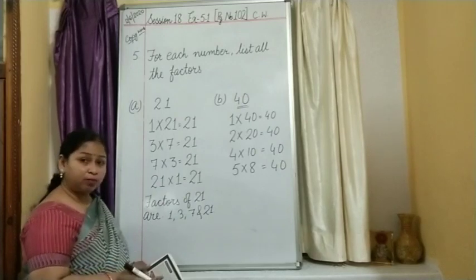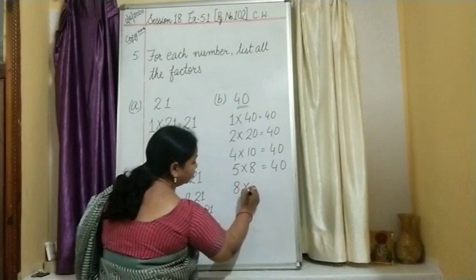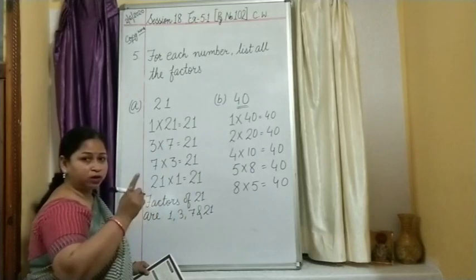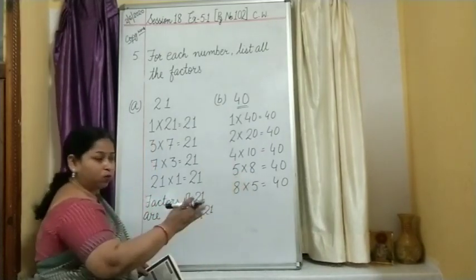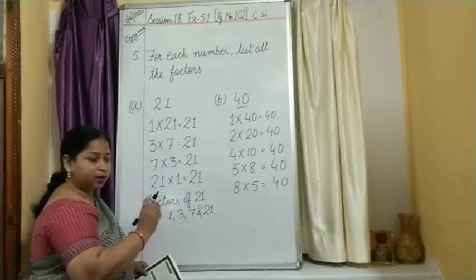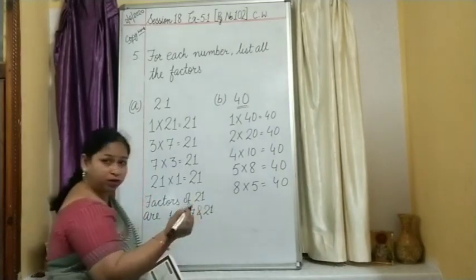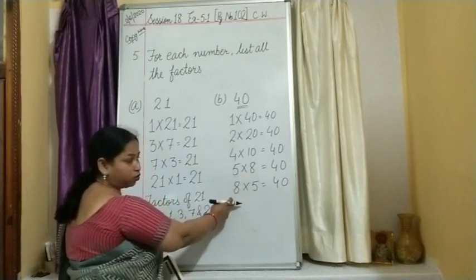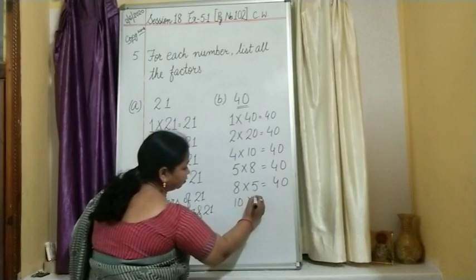Okay, then come to the table of 8. So we will get 8 multiplied by 5 as 40. So the U-turn has started now. 5 8s are 40, 8 5s are 40. Now once you get such a vice versa case, that is the U-turn for you all, and what you have to do is, I am just giving a trick. If 5 8s are 40, so 8 5s are 40, what will it be? 10 4s are 40. Just take the reverse of that.